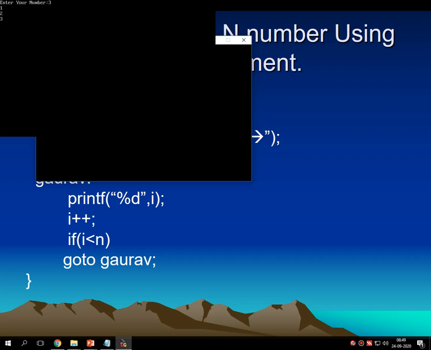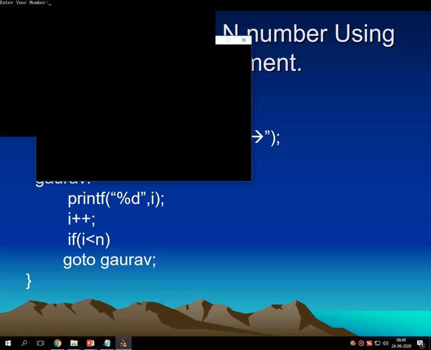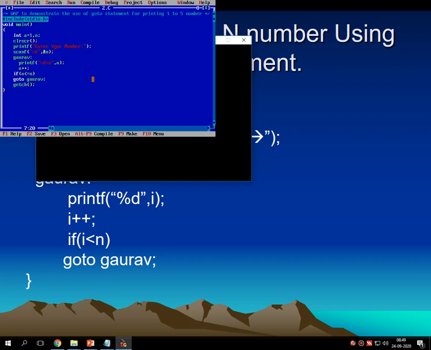The loop repeats up to 3 and gives 1, 2, 3. So it becomes dynamic. Whatever entry is made by the user, the repetition runs up to that inputted value. For that, I have accepted one value from the user, and then I have checked the incrementing of a up to that inputted value.